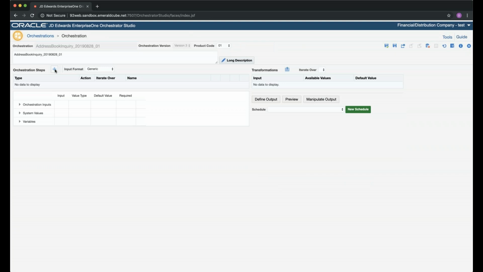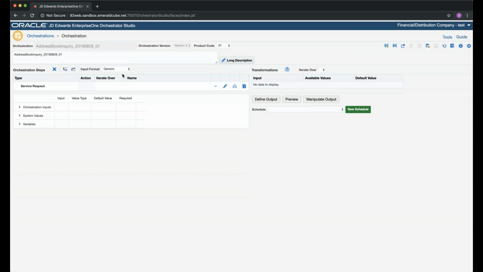So what that now allows us to do is click this plus next to orchestration steps. And you can see here, if I scroll down, we have the ability to add any of these building blocks that I was talking about: the cross-reference, the rule, the service request, and whitelist. In this case, we're going to add a service request, but with more complex orchestrations, you'll of course be adding more of these pieces. In most cases, the service request is the most common. So we'll click the plus.